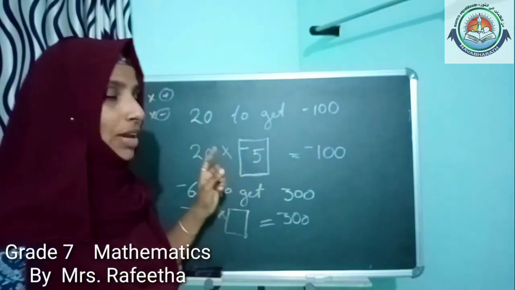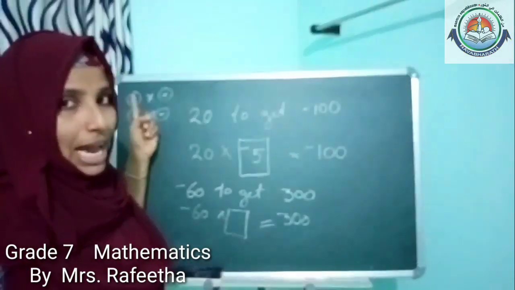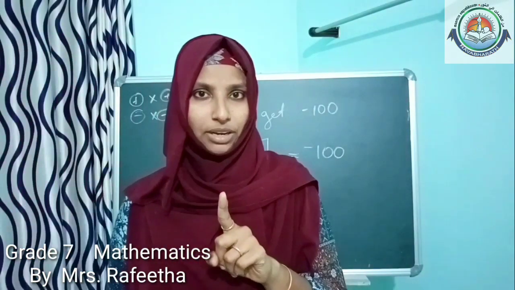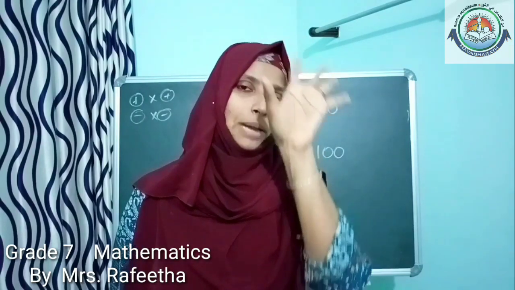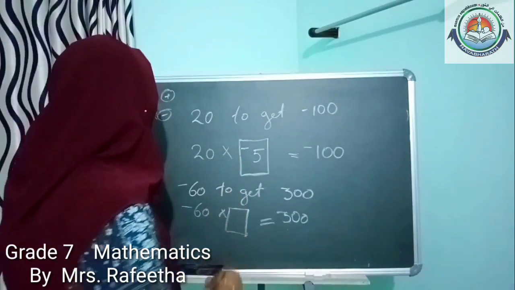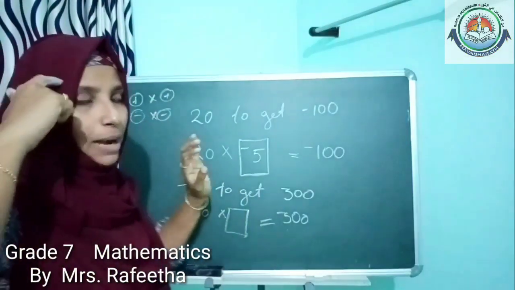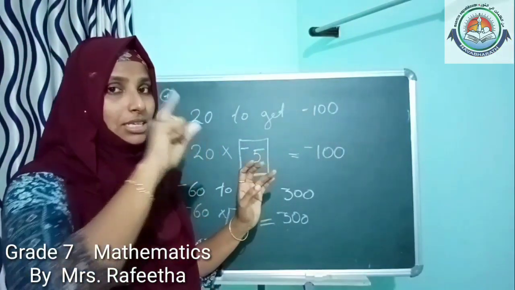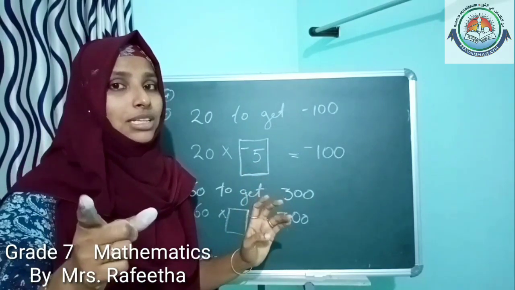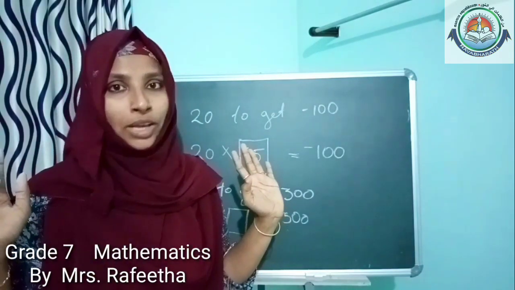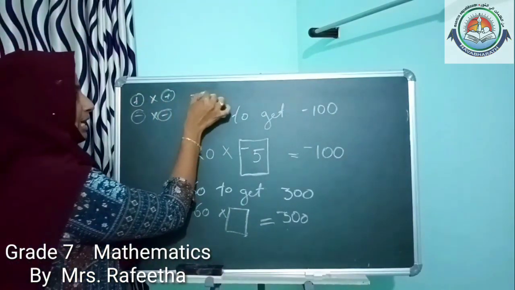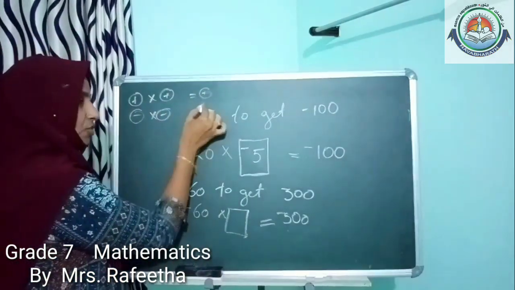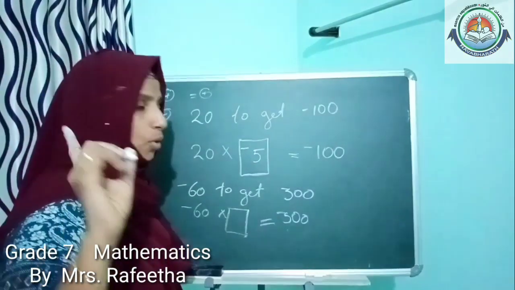Okay, so first class we have studied this signs multiplication. Are you remembering that? If you are not remembering, means that you didn't study that properly. That is the only reason. While I am doing any problem, obviously this want to come to your mind. If this is not coming to your mind, that means that you didn't study properly. So study properly. So positive into positive we will get positive. Negative into negative also multiplying we will get positive.